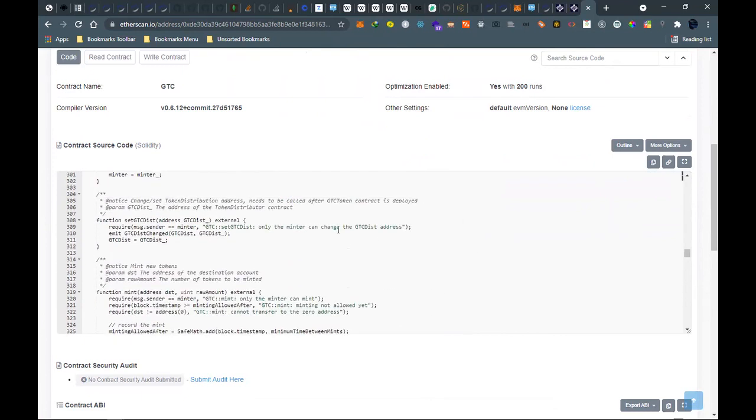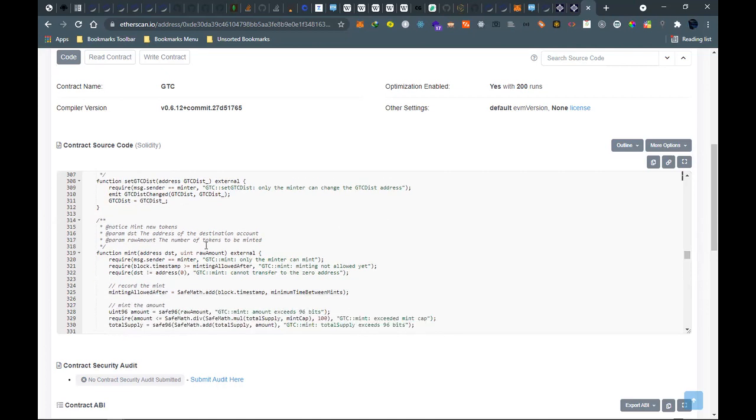This the set Git token distribution address, need to be called after Gitcoin token contract is deployed. So yeah, so then this is the mint function. So this function is the one used for minting, and only the minter can mint.